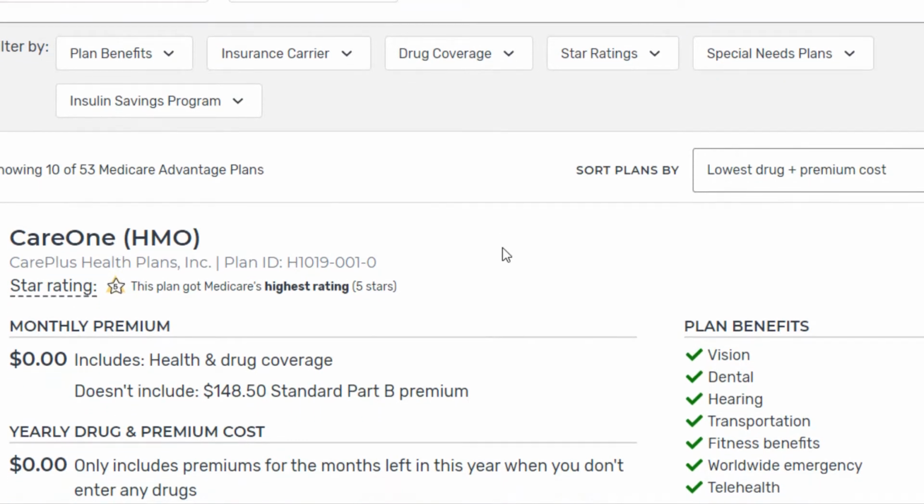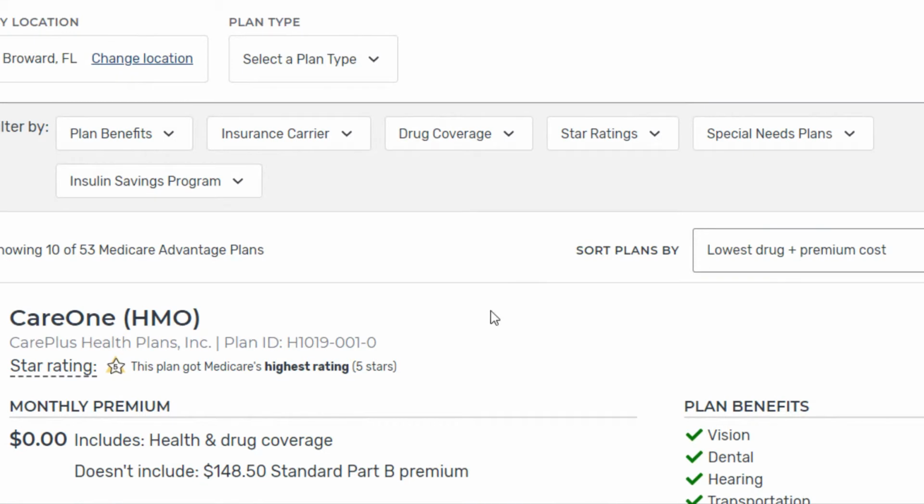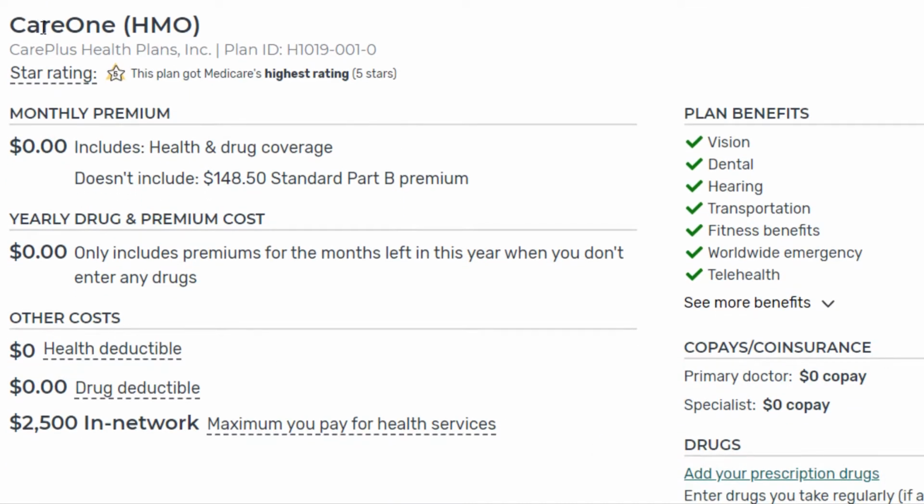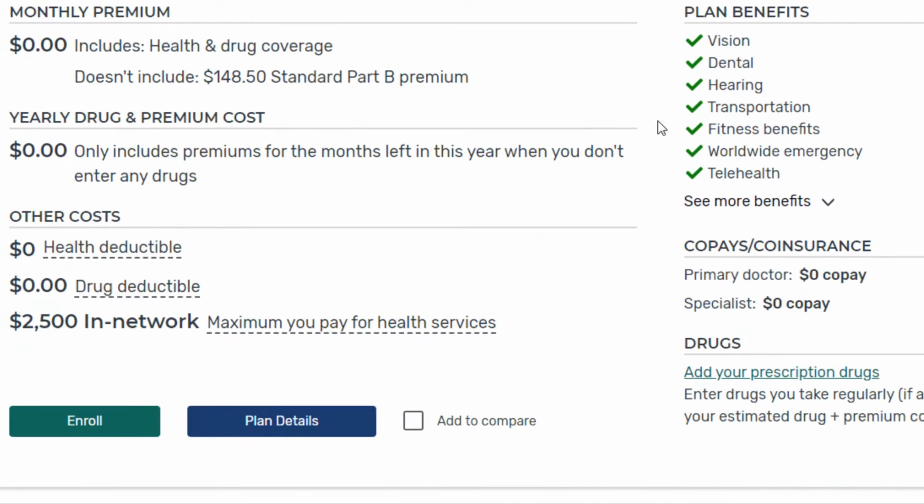Now let's take a look at some of the benefits. There's a couple of different ways in which you can do this. So first and foremost, this is basically a snapshot of this particular plan, the Care 1 HMO Care Plus Health Plan. Over on the right-hand side, you'll see some of the benefits. So this plan offers vision, dental, hearing,